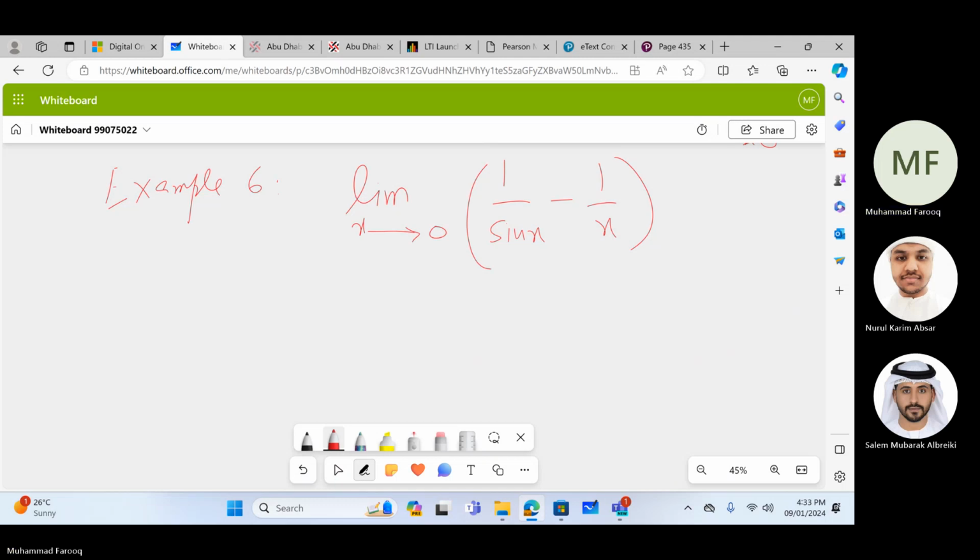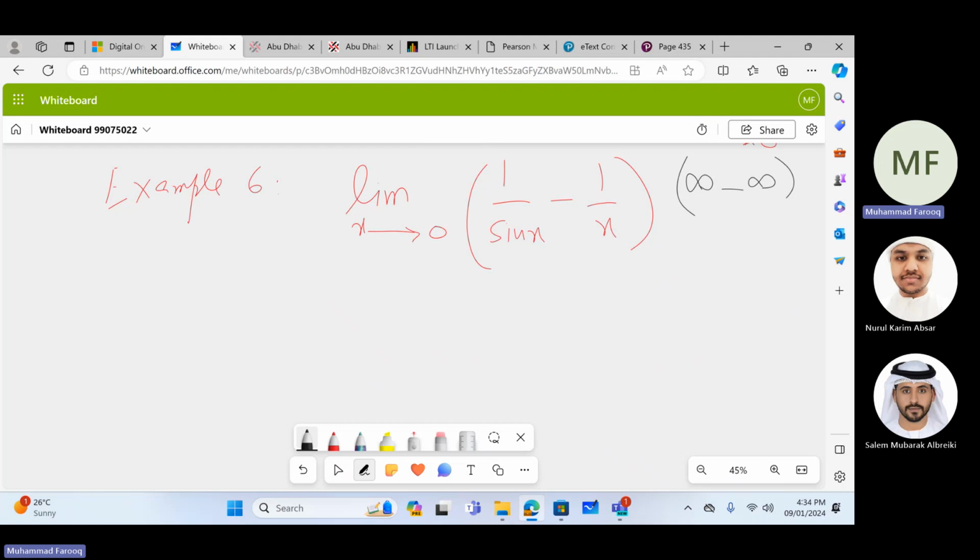Sine 0 is 0, so 1 over 0 is infinity, minus 1 over 0 is infinity. So this is infinity minus infinity form. Now please confirm: is it one of the 7 forms? Yes, it is there. So you can answer this question by L'Hopital rule, but for that,